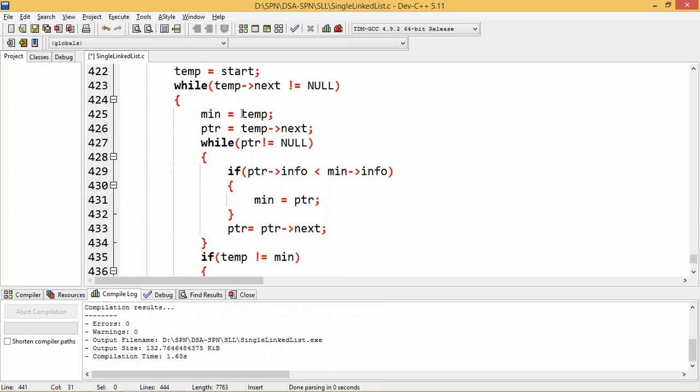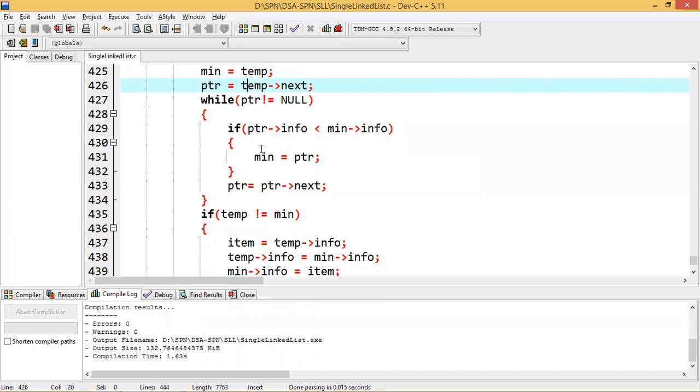So we are selecting the node which temp is pointing to as the minimum one. And we are starting comparison from the next node of temp. Until PTR is equal to null, every node I am comparing with the min value. Anywhere PTR value is less than the min value, min will point to that smallest one. Whether the condition is satisfied or not, PTR will be moving to the next node till the end of the list.